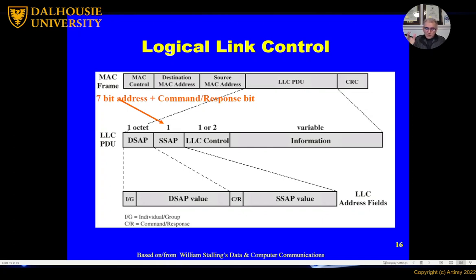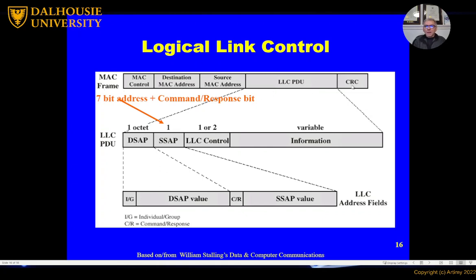Each physical node, each port, each network card has a MAC address which is given by the manufacturer. We can modify it, we can change it, but it's usually assigned by the manufacturer. And the MAC address is supposed to be universally unique, so no two MAC addresses are the same. But as I said, we can change them, right?